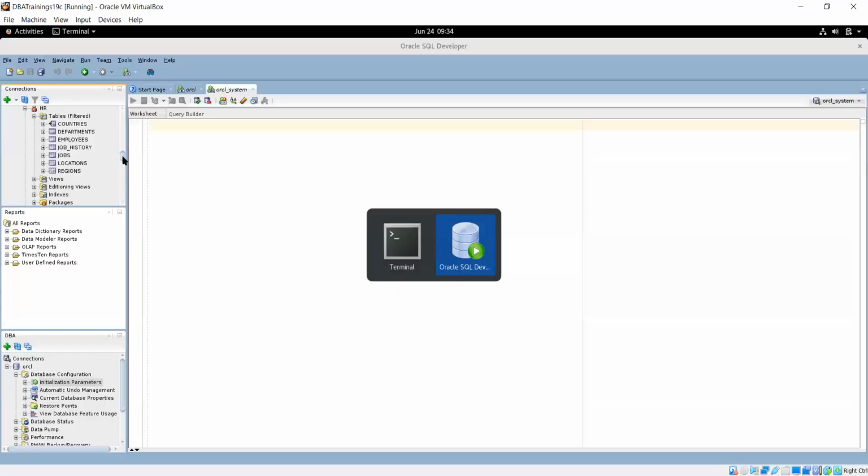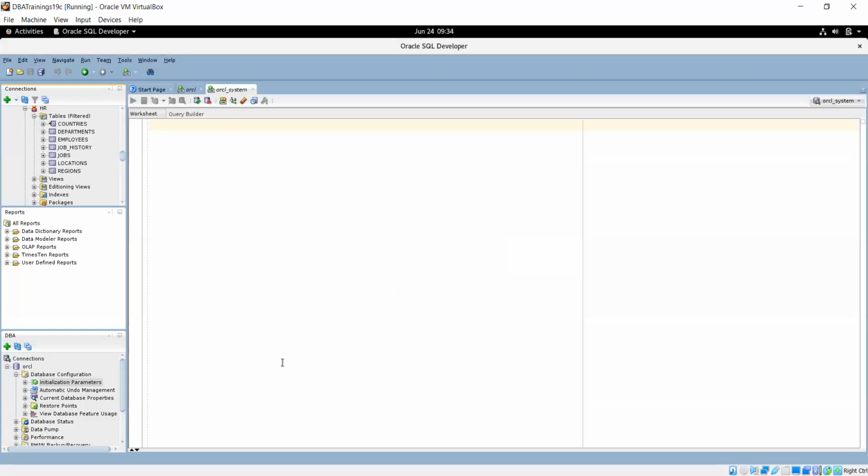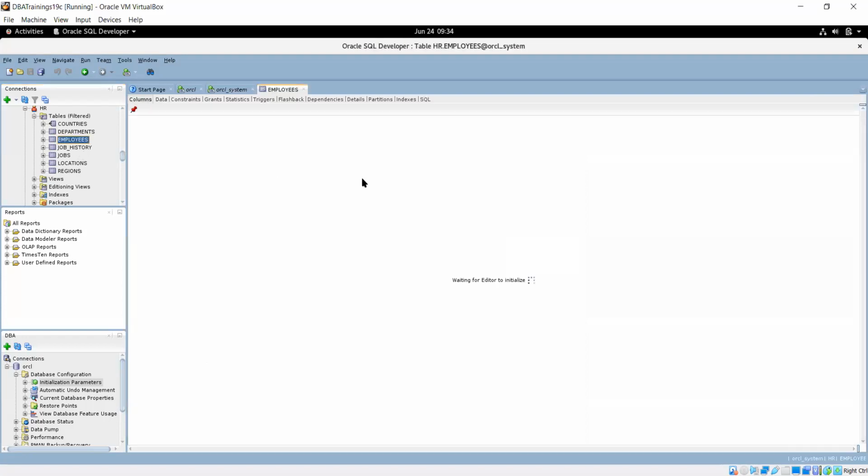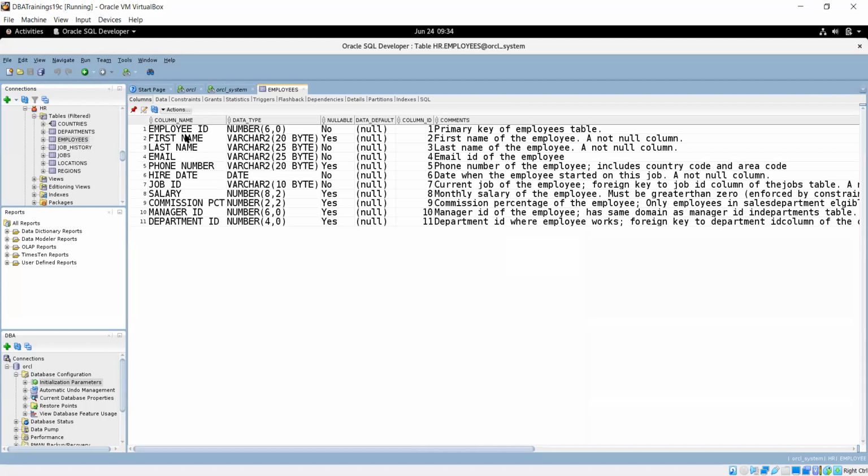Okay, so this is the tool which is used for our day-to-day operation and monitoring. Now let me see my employee table details. Once you click onto that, all the columns related to the employee table, and their data types, will come.